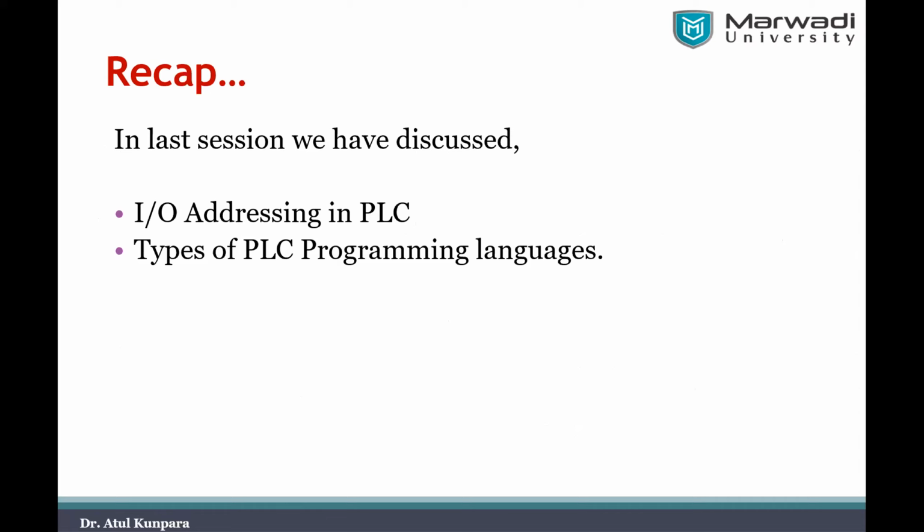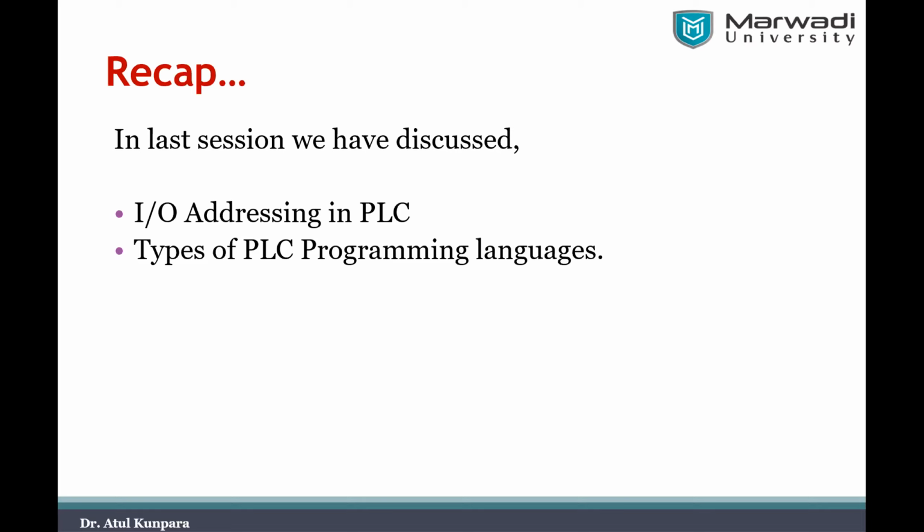The sensors are connected to your CPU through the input module, so you need to give a specific address to the particular pin, saying that at pin number 1 a particular transducer, sensor, toggle switch or push button switch has been connected. So what is the condition of the input devices which you connect to your PLC